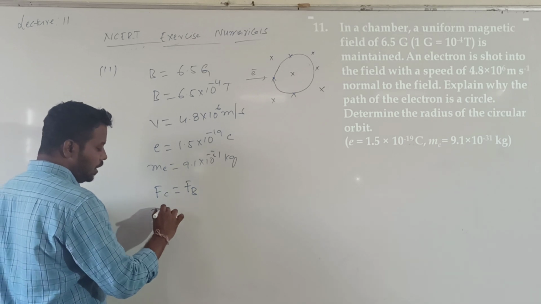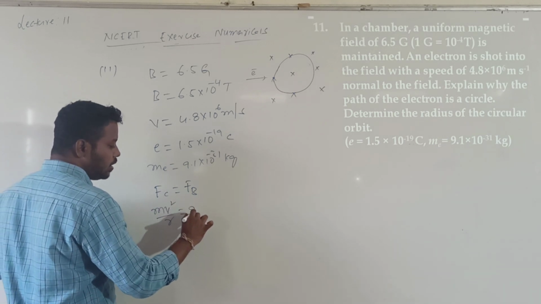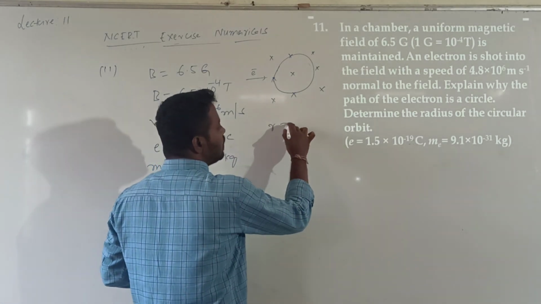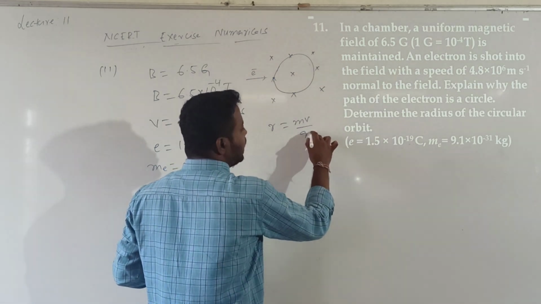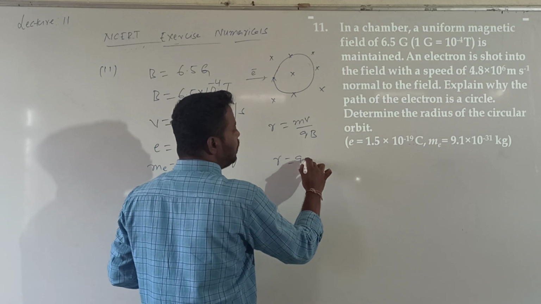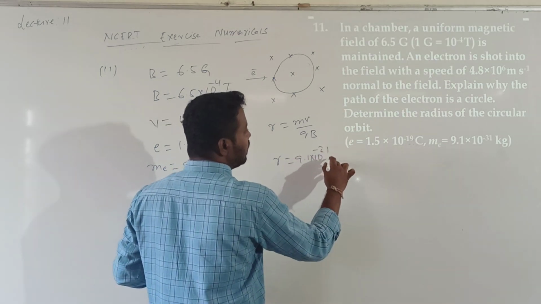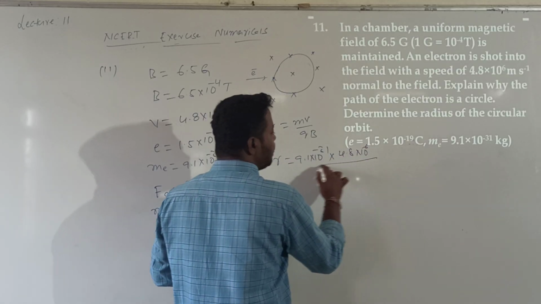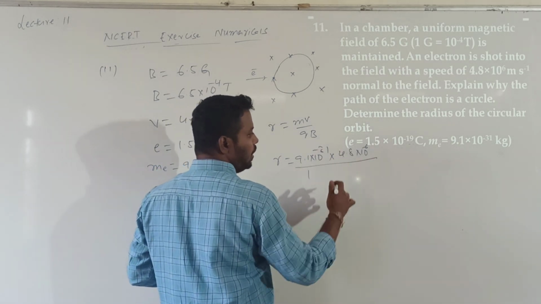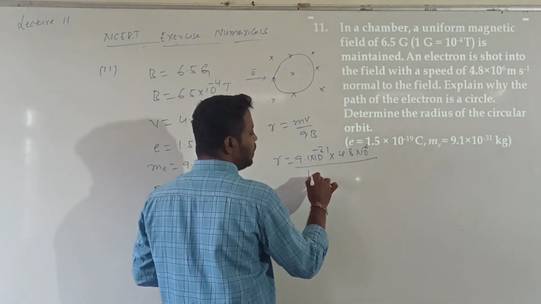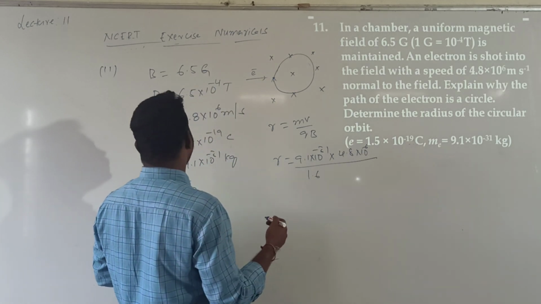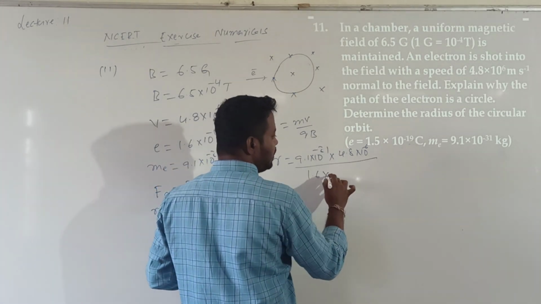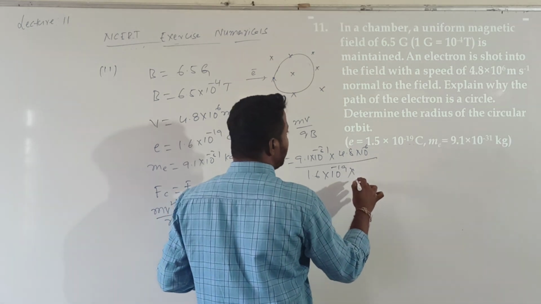So what is the centripetal force value? m into v square by r is equal to q into v into B. So v cancels. What is the radius formula? r is equal to m into v by q into B. Mass is 9.1 into 10 power minus 31 into velocity value 4.8 into 10 power 6, divided by the charge value. This is given as 1.5, so approximately it is 1.6. Charge of the electron is 1.6, they gave 1.5, I will take 1.6, no problem. 1.6 into 10 power minus 19 into the B value